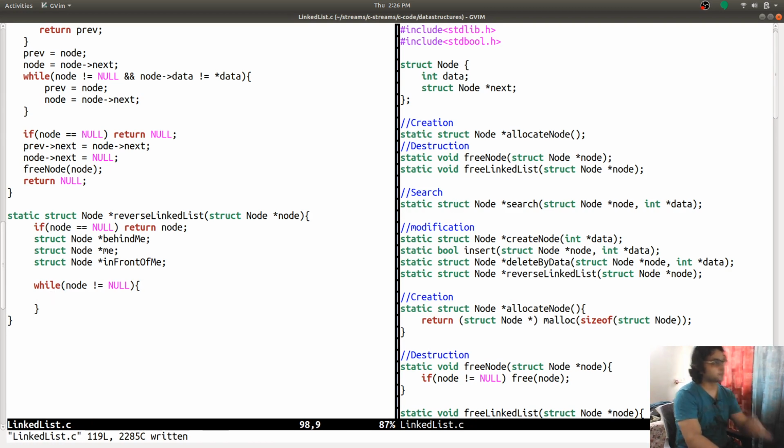So behind me is going to be null. This is node, and this one is going to be null too.